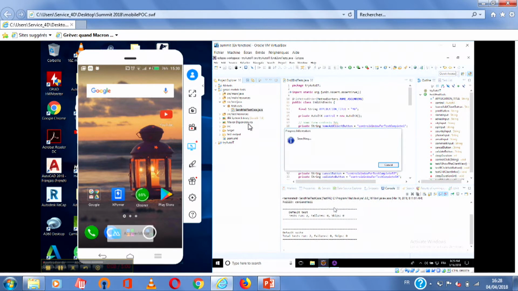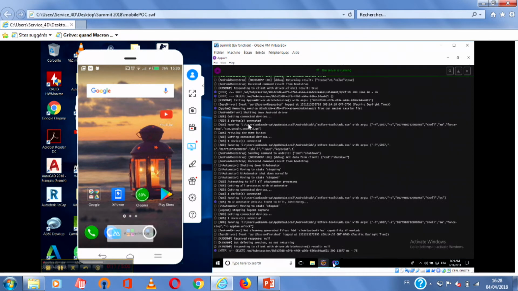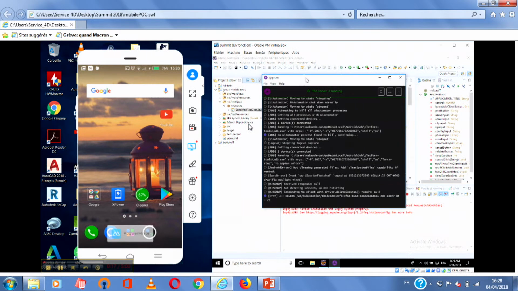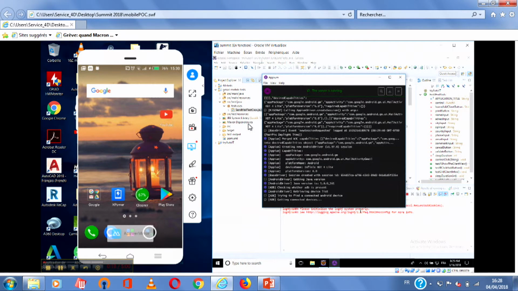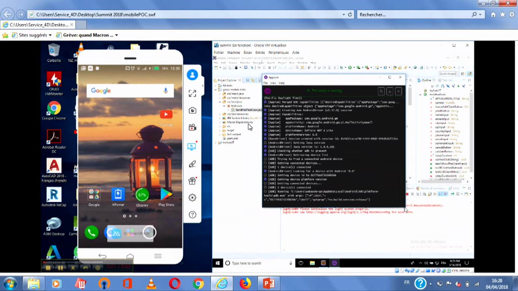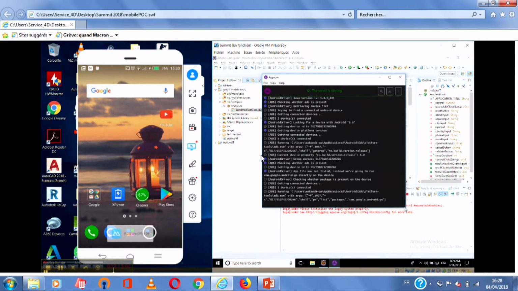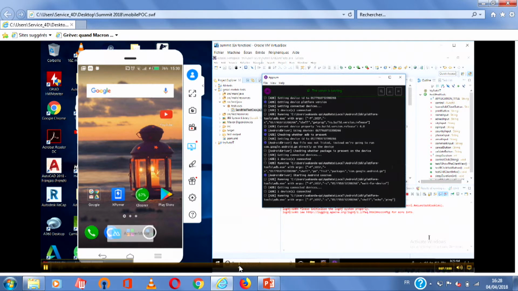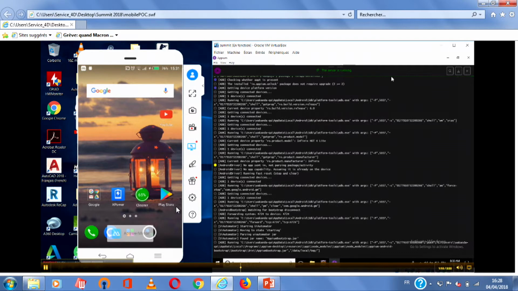So we will send an email using the Gmail mobile app. So first, we execute the tests. It will load all libraries and resources needed for the test. So maybe I will move a little bit forward to save time, because it takes a while.